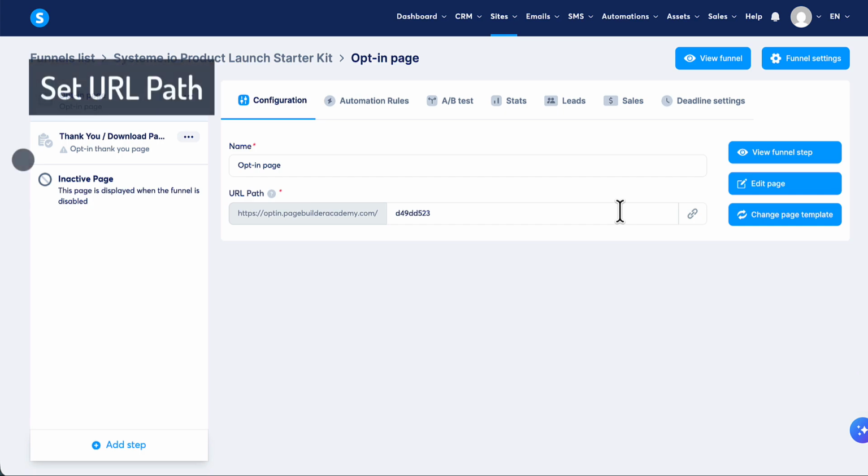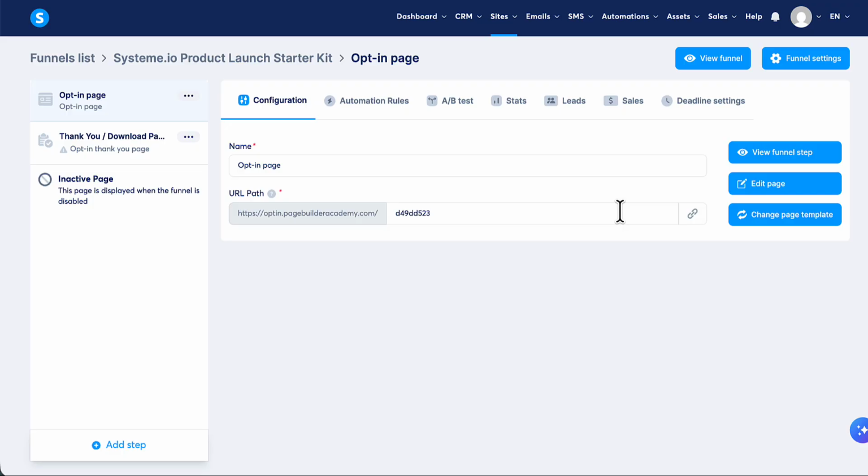So this part is what beginners get stuck on. It's just the ending of your link. Change it to this free hyphen checklist. If I click off it, it should turn into a green tick. Now if it doesn't save when you do it, you need to make sure you just have all lowercase letters and numbers. I don't think it expects special characters, and you can't have spaces in between it,